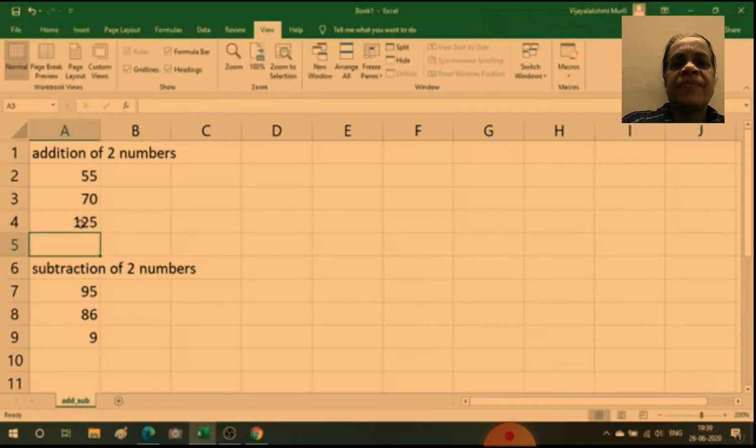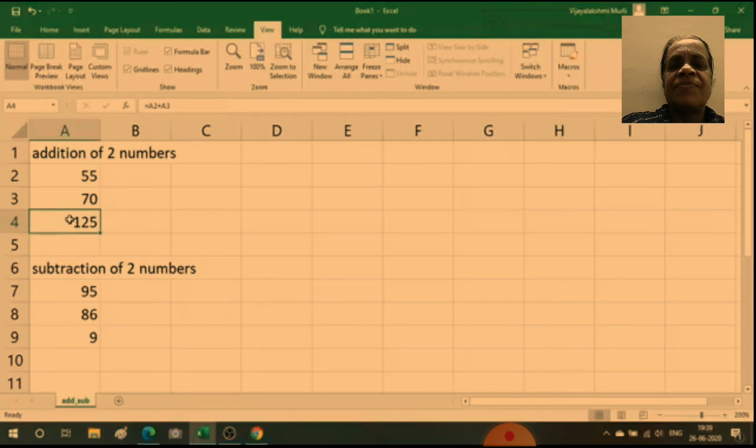So we got the answer in A4 as 125. So the formula used here in A4, you can also see in the formula bar showing is equal to A2 plus A3. So this is simple addition by using the formula method, where you are using the individual cell address of the data, that is A2 and A3.